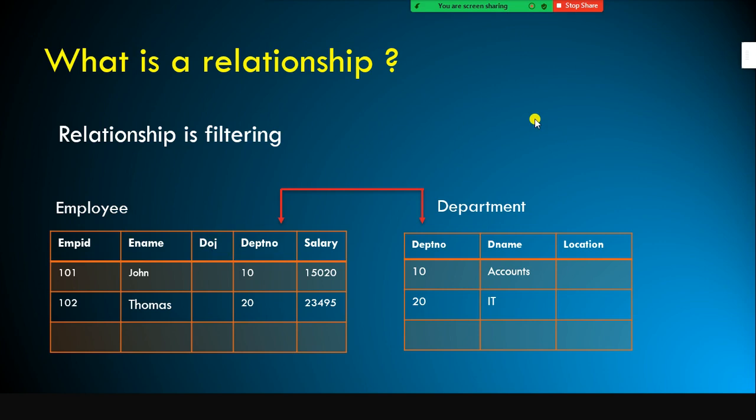You need to make sure that you are linking the correct column between the tables in order to do the correct filtering. Only then can it filter the relevant data from the other tables, because in real life scenarios we use more than two tables. In that case we have to get the data from multiple tables, and in order to do that, we need to make sure that we link the tables with the correct columns. Hope it is very clear.